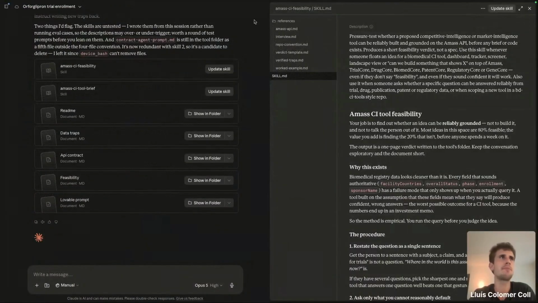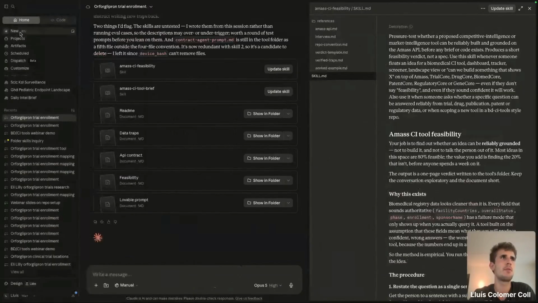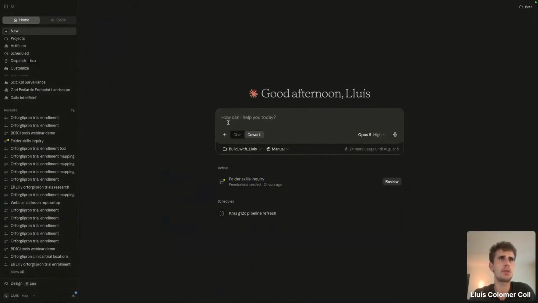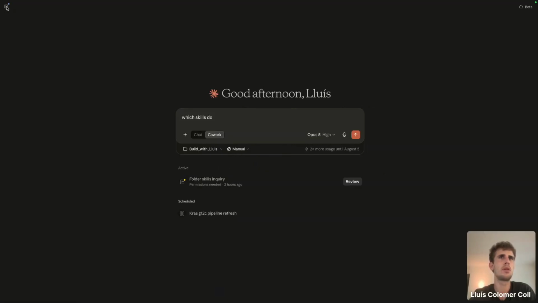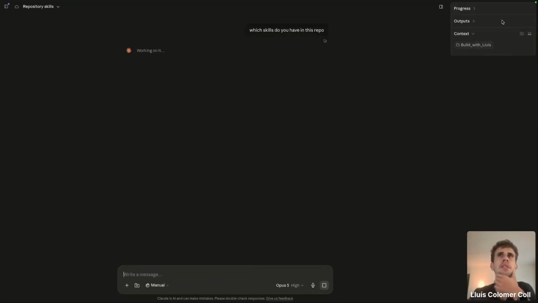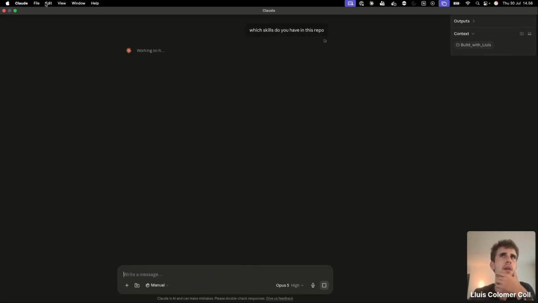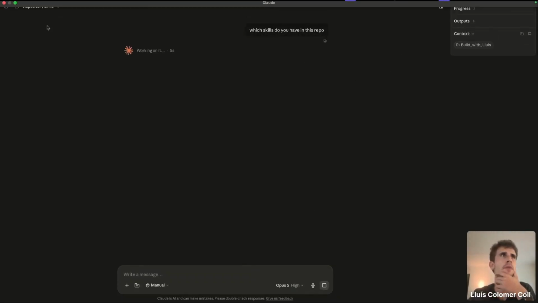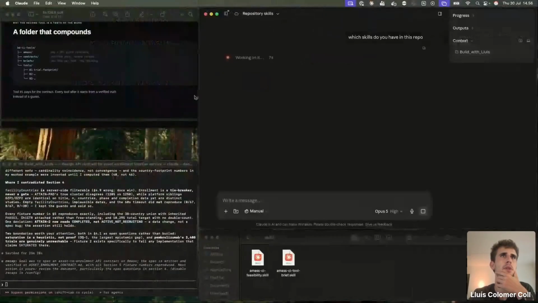So next time we want to, which skills do you have in this repo? Allow. Now basically what this will do is use our folder to fetch those skills.